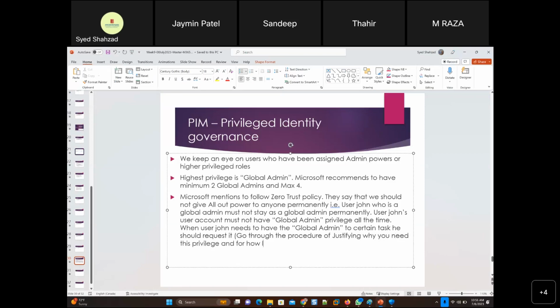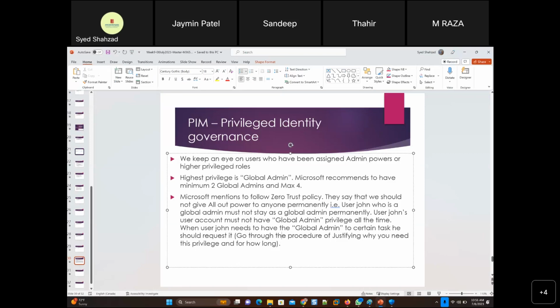Wow. So you are the expert in the company with the highest privilege, and you have to justify every time that, hey, I need to make some changes on the organization level, changes that require global admin privilege. So you have to give a reason and for how long you need it. That's what you need to define.